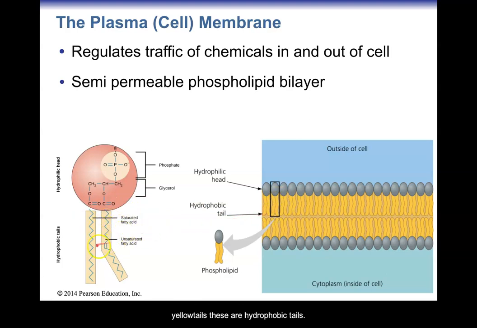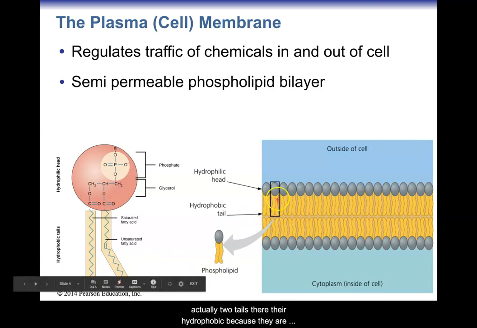These are hydrophobic tails. The head of a phospholipid is hydrophilic, meaning it's water loving. It has to do with the polar nature of the head, the chemical nature of it. It very much does enjoy being around water, but the tails of the phospholipid, there are actually two tails there,